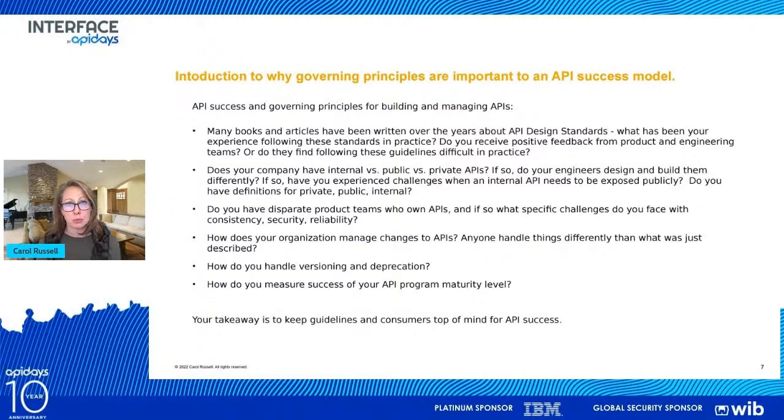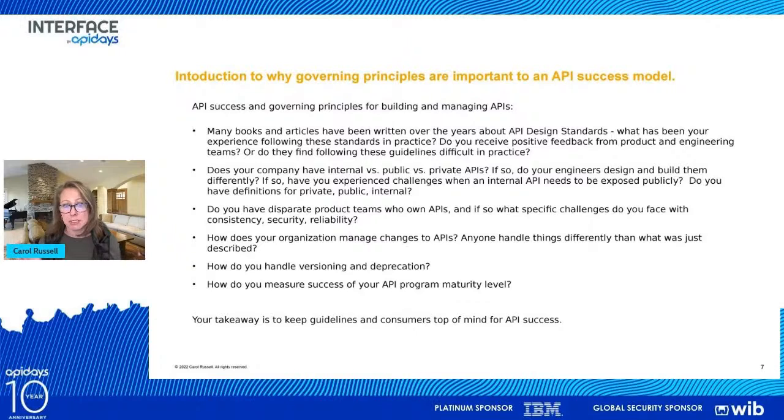But maybe there are situations where you want to keep it private. Maybe there's a limited use case, and it's not an API that would be exposed publicly, or maybe it's just built for internal purposes, right, where it needs to be used. So those types of things, breaking down those definitions and knowing what practices to apply, are important.